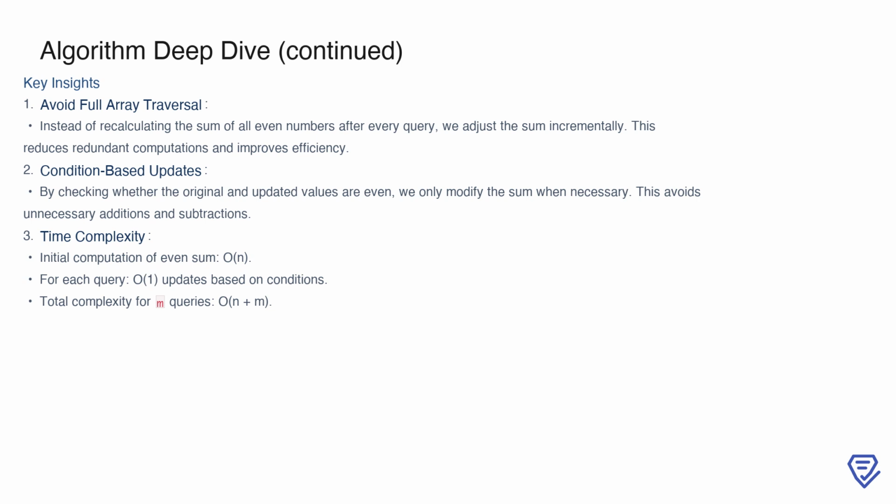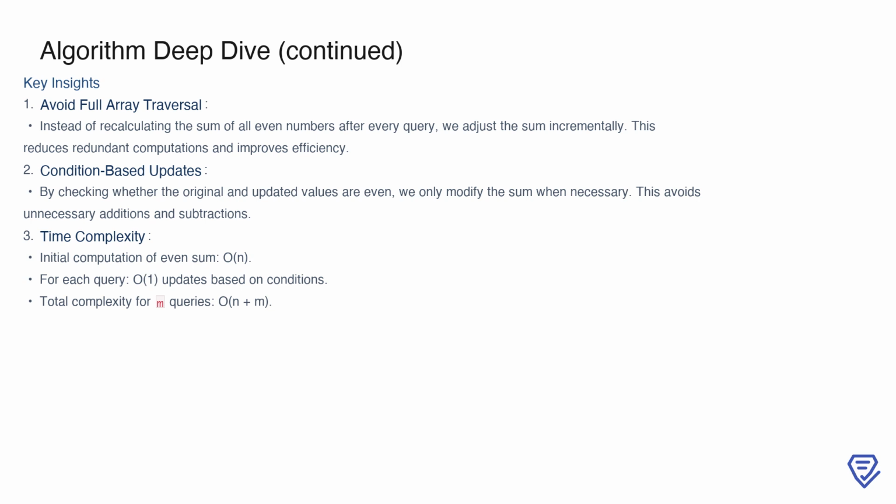Initially, we compute the sum of even numbers in nums, which takes O(n) time. Then, for each query, we handle the updates in O(1) time by leveraging these conditional checks. Given m queries, the total time complexity becomes O(n + m). This is far more efficient than recalculating the even sum for every query, which would have required O(n*m) operations in